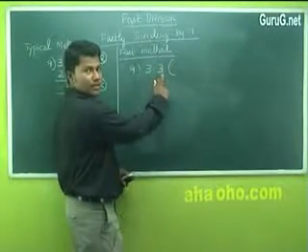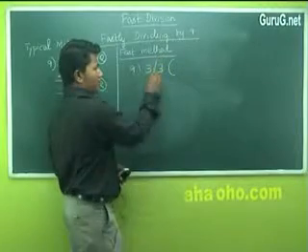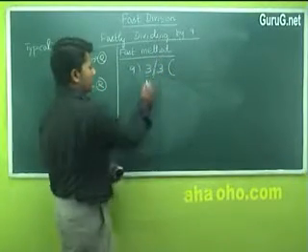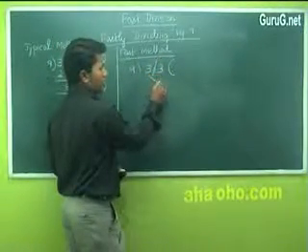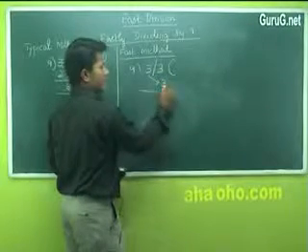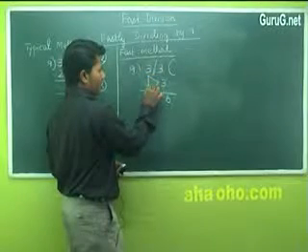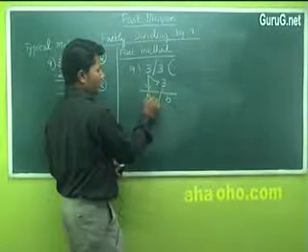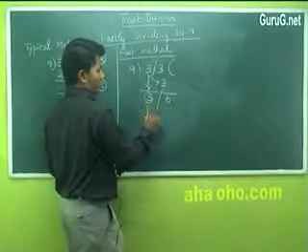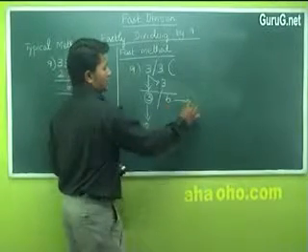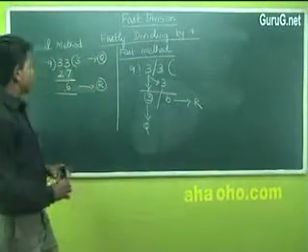Find the number in the ones place, it is 3, place a bar after it. Bring the number to the ones place, that is 3, add both the numbers, that is 6, bring the number down, place the bar, bring the number down, it is 3. So this is the quotient, this is the remainder.